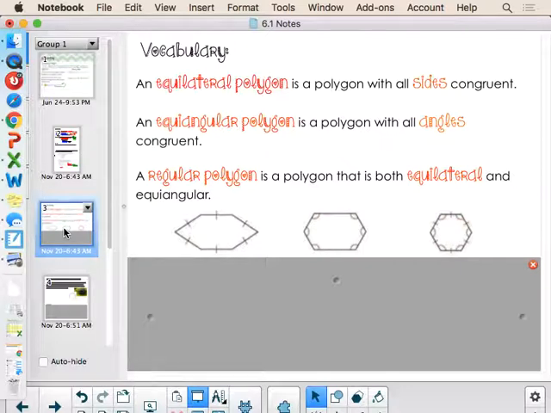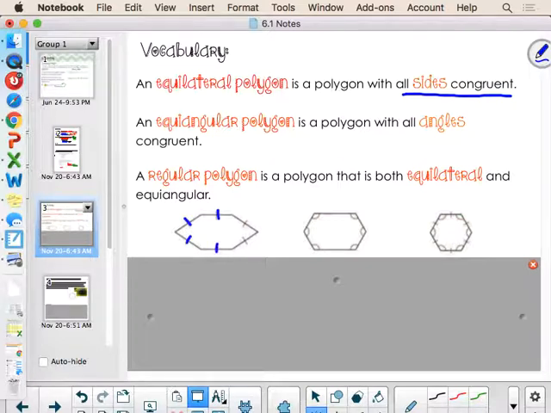An equilateral polygon, as we all know, means all the sides are congruent to one another. Now, just because you're equilateral does not mean you're equiangular, as is evident in this diagram below. This figure is equilateral, and as you can see, this angle right here is clearly not congruent to that angle right there. This is unlike equilateral triangles, which I'll talk about in just a second.